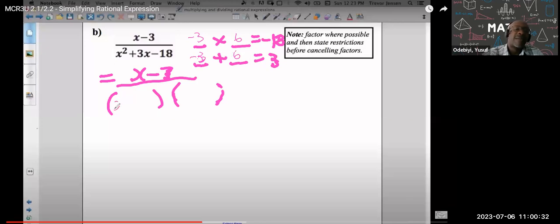Okay, so therefore, it's x minus 3, and then x plus 6. Okay, so now when I look at it, I can cancel my x minus 3s, and therefore I'm just going to be left with